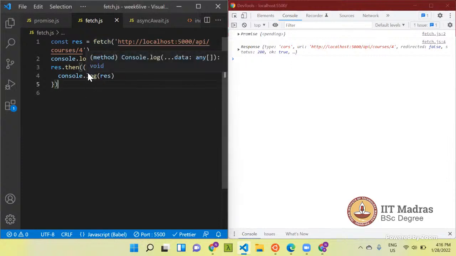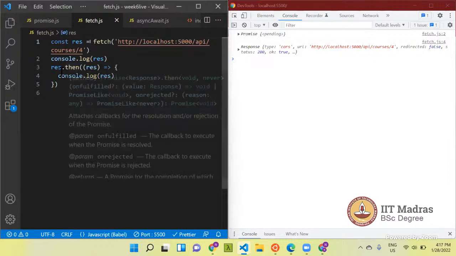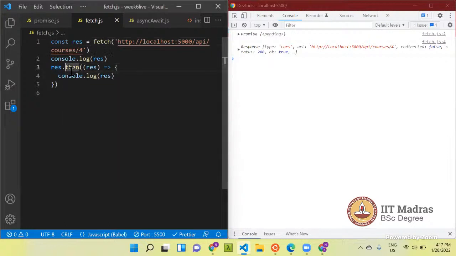So the callback function of dot then takes a parameter, and the fetch call returns a promise, so the resolved value of this promise will be passed to this parameter res. It's similar to what we discussed in the promise. There's nothing new here.